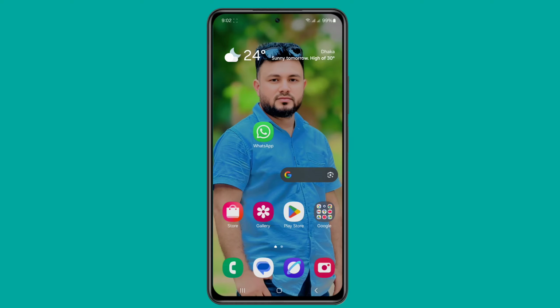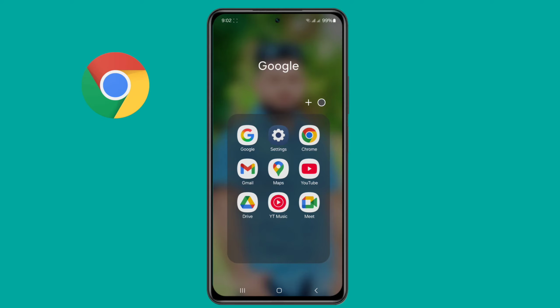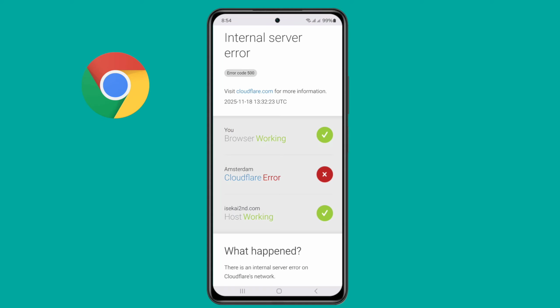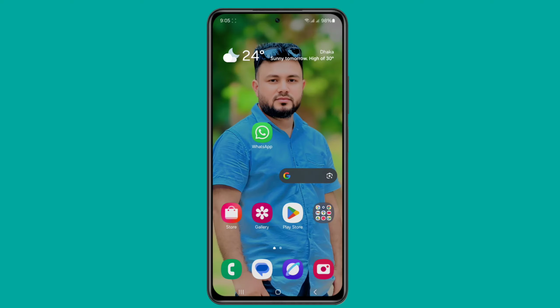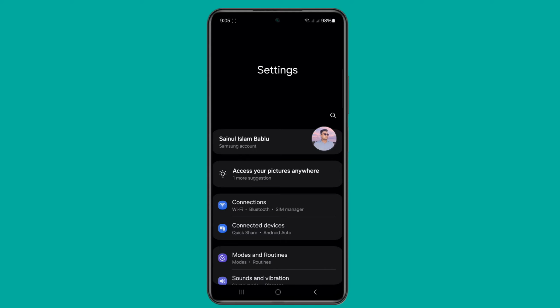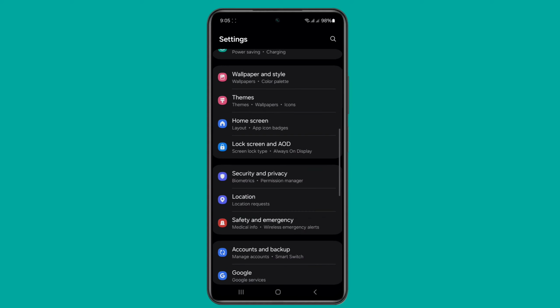In today's video, I am going to show you how to fix Google Chrome internal server error 500 in Chrome browser. This simple step will help you solve the problem quickly. So let's get started. At first, go to your phone settings, scroll down a little bit,